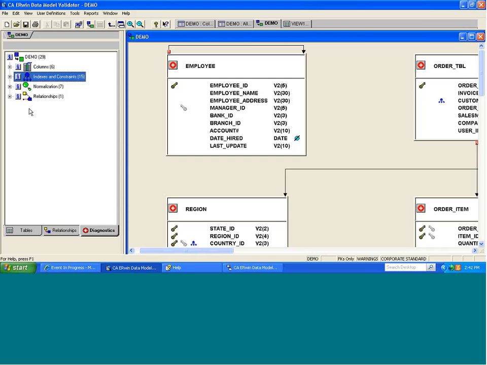It'll also look at, remember one of the things that we selected was we said, tell me if there is a table that has more than 4 indexes. Or we could also do the same thing and say, okay, tell me if I have a table that has more than 5 relationships. Why? Because I know if I have more relationships, more indexes, then that table is going to be very slow for my update. So, again, as you saw, the Data Model Validator is a tool that will allow you to